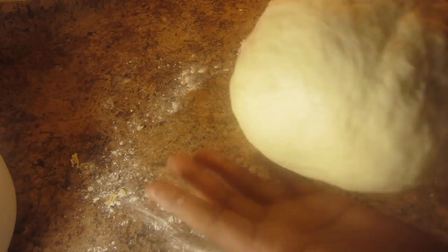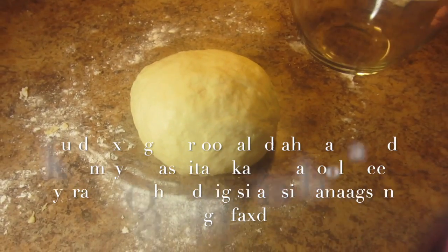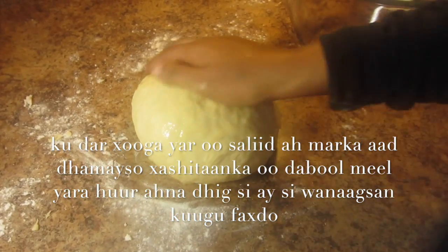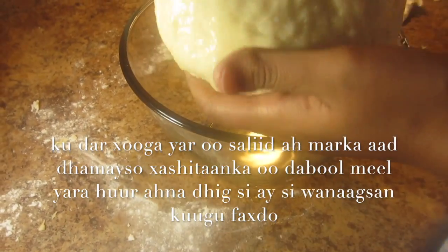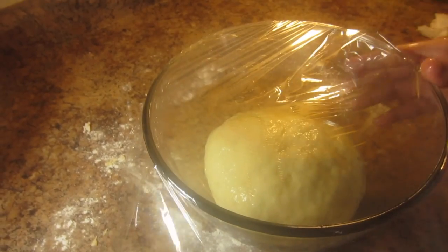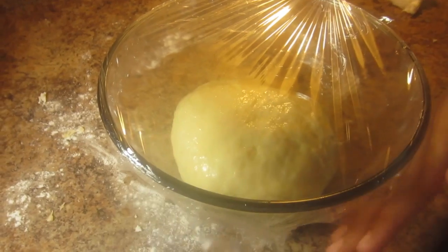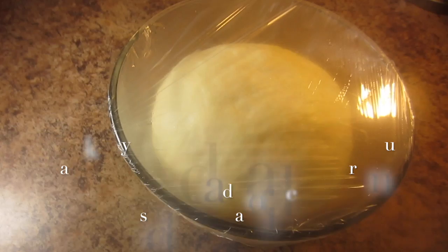So once we have it kneaded, we're going to just form a little ball, and then we're going to transfer that onto a bowl. Apply a little bit of butter or oil onto the dough, place it into the bowl, and then we're going to cover it with saran wrap or even just a lid. Put it aside and have it rise. It's going to take about 1.5 to 2 hours, but depending on how warm the area is